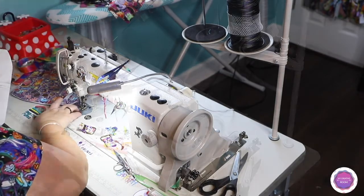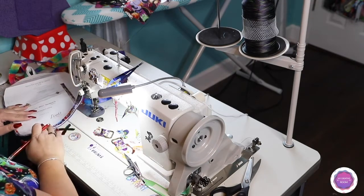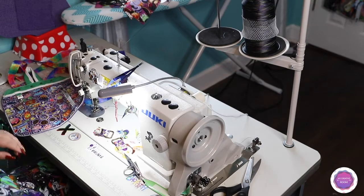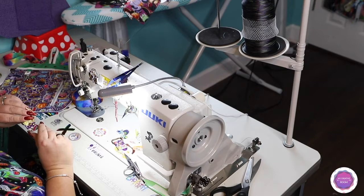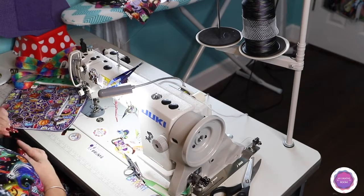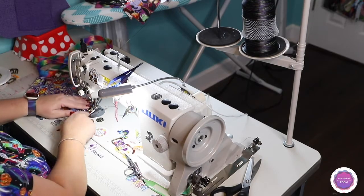of the connector. So I'm marking on the right side of the fabric for the connectors. Oh, and I realized I had already marked them when I cut my fabric. So take your connector, I'm trying to see if it has a right or a wrong, but it doesn't, and place it where your marking is, making sure that everything is in,